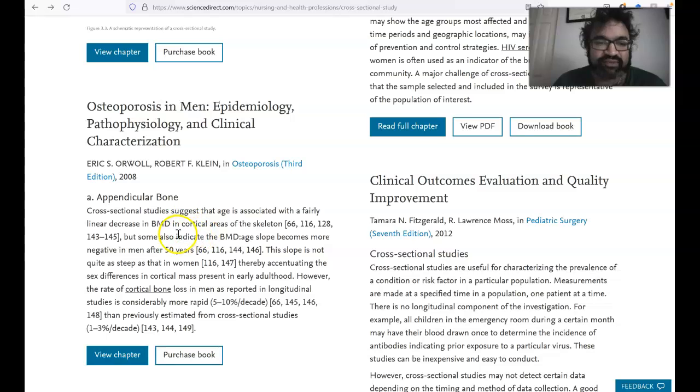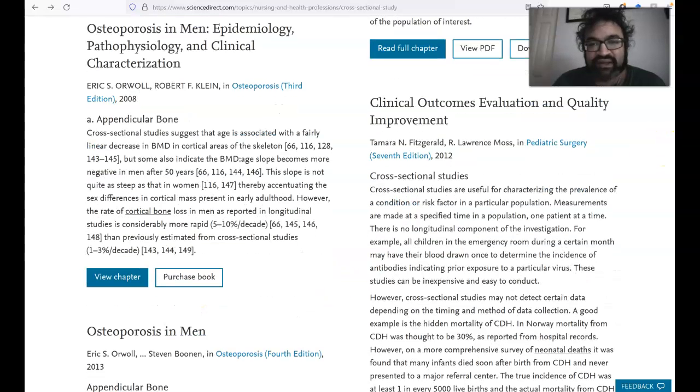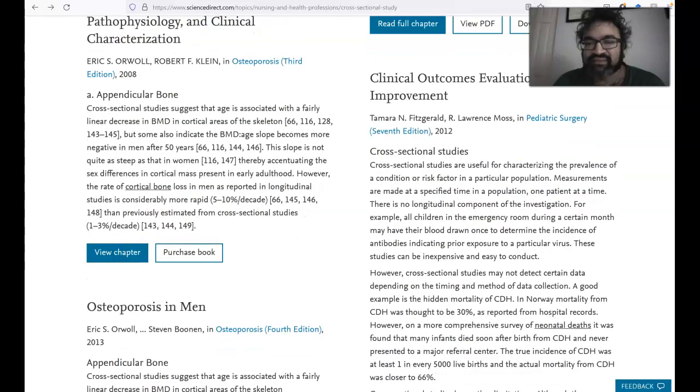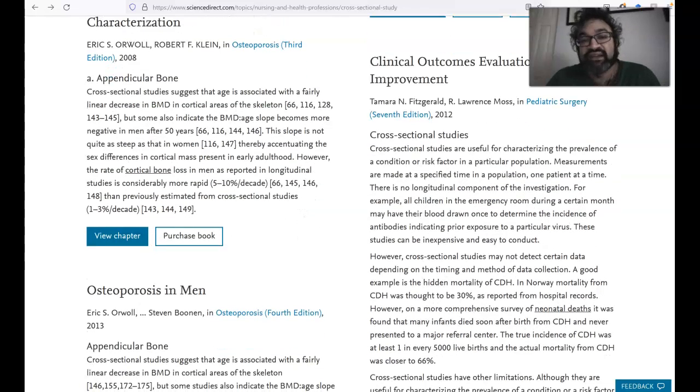So then looking at osteoporosis, again, bone mineral density comes up as an important look at also cortical bone loss. Another one on the right is looking at the prevalence of decisions to make in terms of surgical outcomes. And so this is looking at several surgical outcomes, also looking at a condition known as congenital diaphragmatic hernia. And this is typically seen in neonates, but there seemed to be an underdiagnosis of this condition because